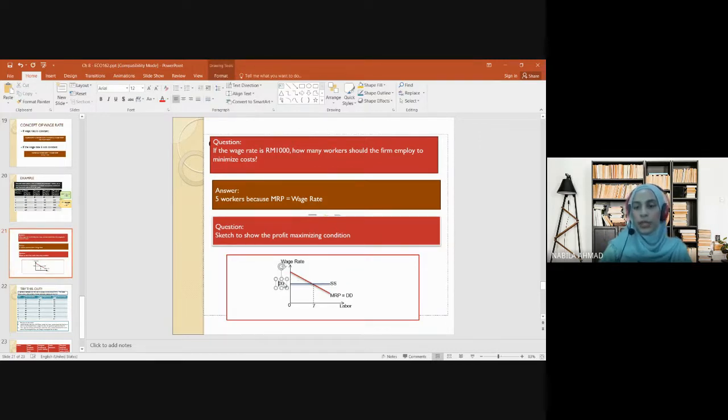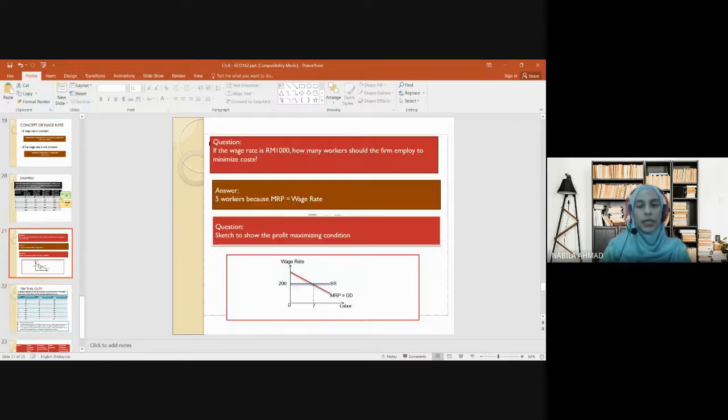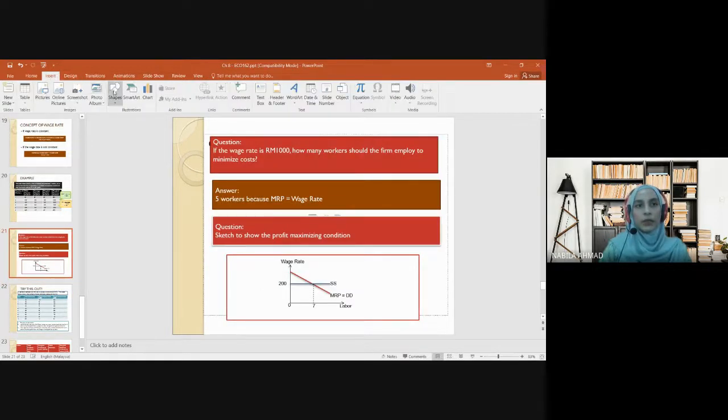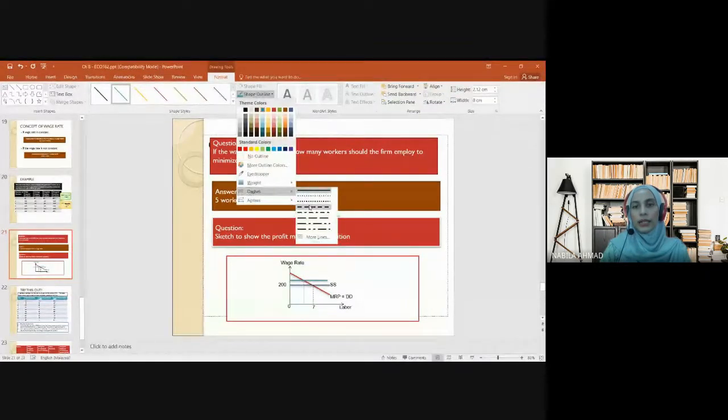So tadi berapa? 200. Okay, let's say wage rate dah meningkat ke 400. So berapa banyak worker should be hired now? So kalau wage meningkat, number of labor pun akan menurun. Sebab cost dah meningkat. Jadi 400, di sini MWC 400, MRP pun 400. So 3. Jadi kita nak lukis macam mana? Jadi kita punya supply curve juga akan shift upward lah. Macam ni. Okay. And then kita ada new labor. Kuranglah labor yang akan di-employ.